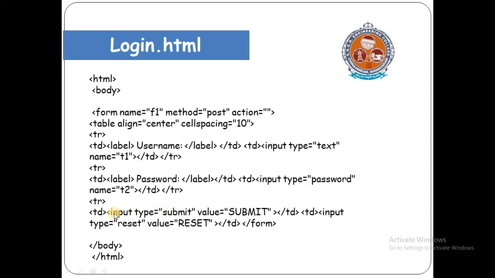As I already told, for many forms input will be there. Just change the type equal to submit, or text, or password. I have given value equal to submit. Next, I have given input type equal to reset. The difference between submit and reset is that if you enter text and password and give reset, both the text and password will be cleared, and if you give submit, these values will be submitted to the form. Here the form name is f1, and method equal to post, meaning the username and password, or whatever we are going to send, are posted to the server.